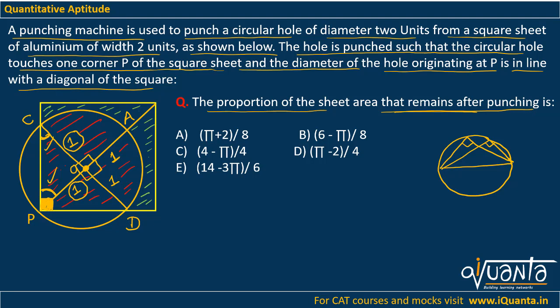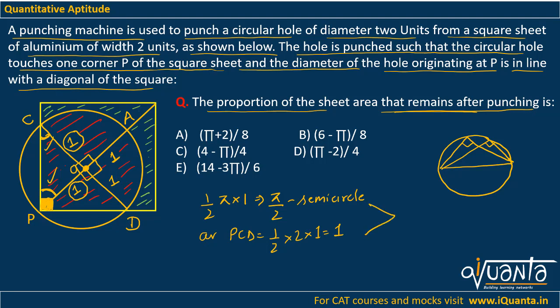Now we can easily find out the area of this semicircle CAD. So area of semicircle is half pi r square. R is 1. So pi by 2 will be the area of the semicircle. Okay. Now we need to find out the area of this triangle PCD. So for triangle PCD, we know the base CD and height PO. Hence area of triangle PCD would be half, base is CD, which is 2, into height, which is 1. So 1 will be the area of this triangle PCD.